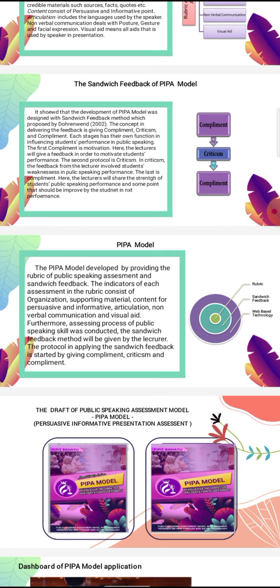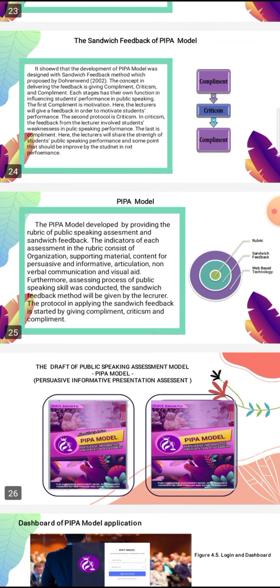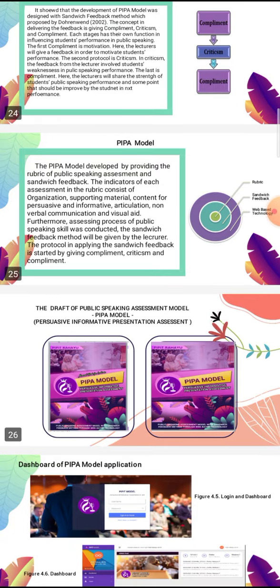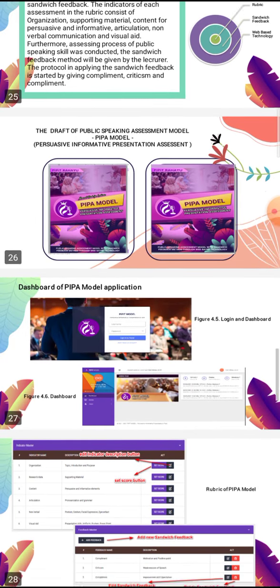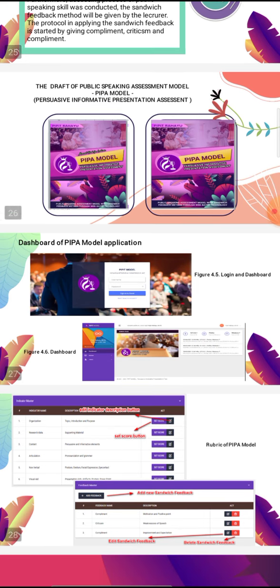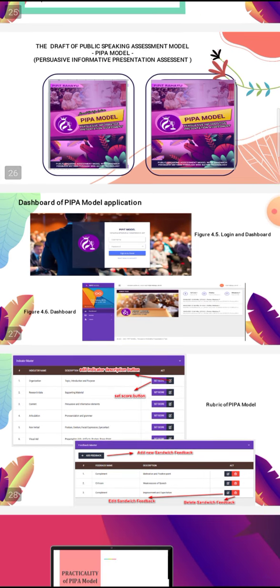At previous times, ladies and gentlemen, the researchers had already developed this model, a public speaking assessment model, especially for persuasive and informative speech. In this article, the researchers try to see the practicality of the PIPA model by using WebQual. From the slide, we can see this is the draft of the public speaking assessment model in terms of a book.